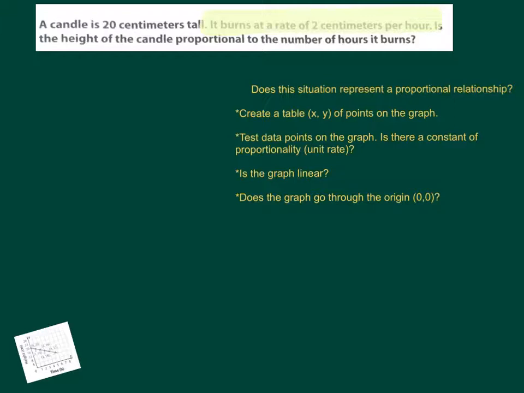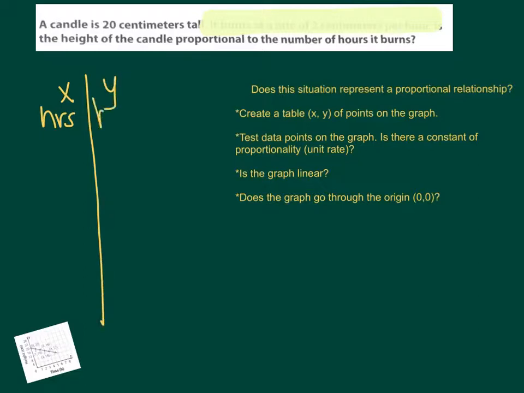So the first thing I'm going to do is start thinking about an X and Y table, where the X would be my hours, and the Y would be how tall is my candle. When I start burning this candle, or at the moment in which I'm going to light the candle, it's going to be 20 centimeters tall and 0 hours will have passed. After 1 hour,